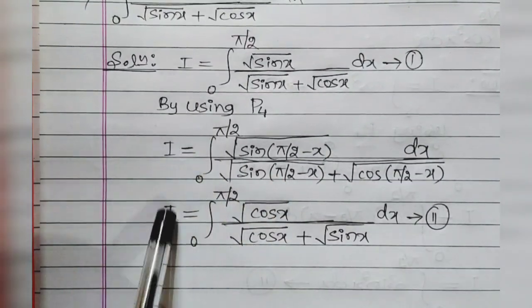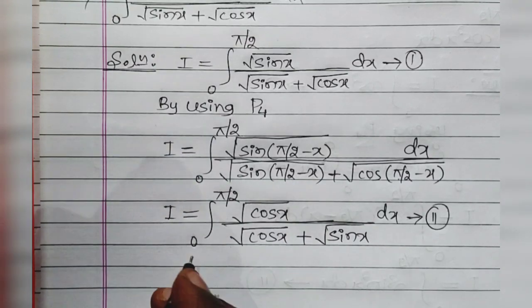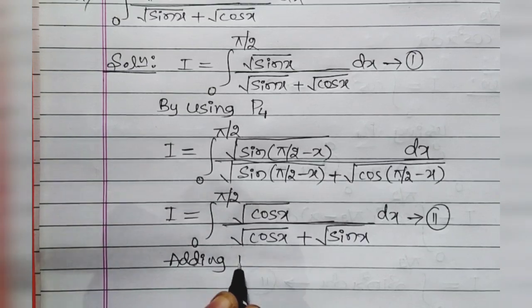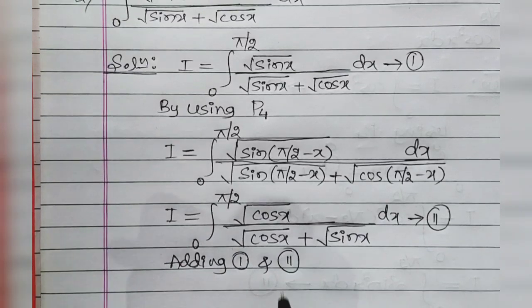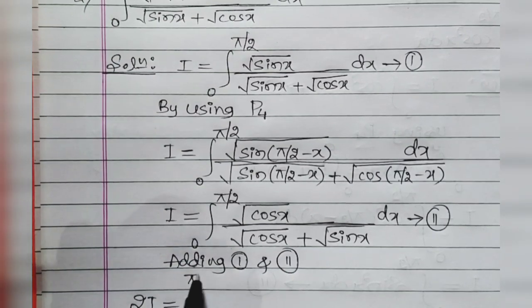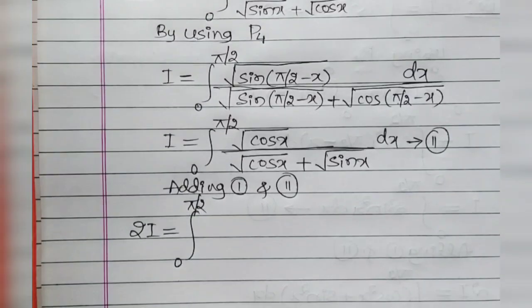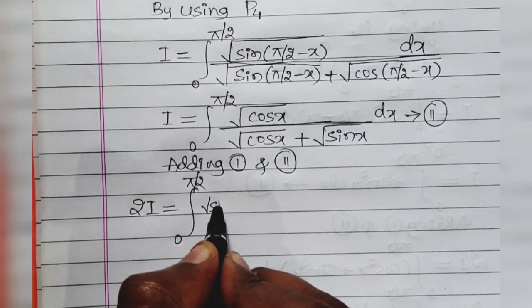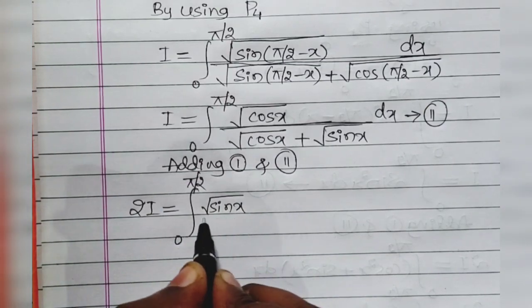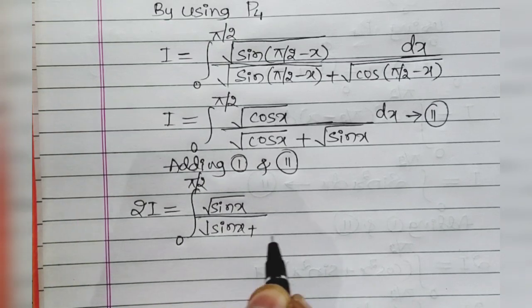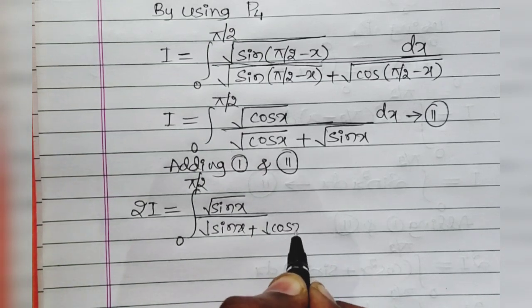Add the LHS separately and the RHS separately. Adding 1 and 2, I plus I will give us 2I, which is equal to the integral from 0 to pi by 2, of, see equation 1, root sin x divided by root sin x plus root cos x